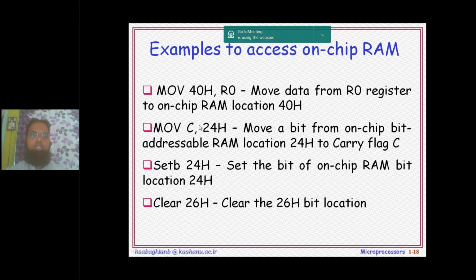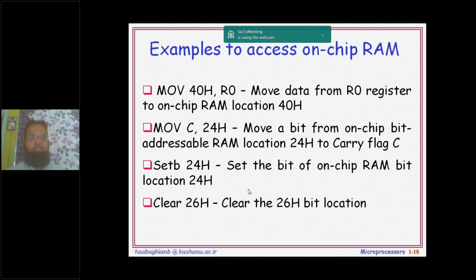Now MOV C, 24H. C is the carry flag, and this 24H is the bit addressable location. It's the address of the bit. So a bit from the 24H bit addressable location is being carried over to the carry flag. Next one is SETB 24H, which means this bit location 24H is being set by the SETB instruction. CLR 26 means the bit addressable location of address 26 is being cleared, which means this bit location will get 0 after the